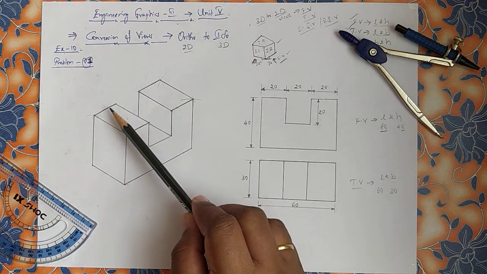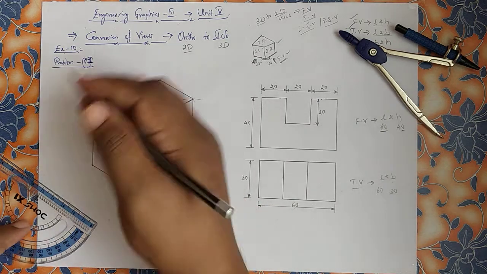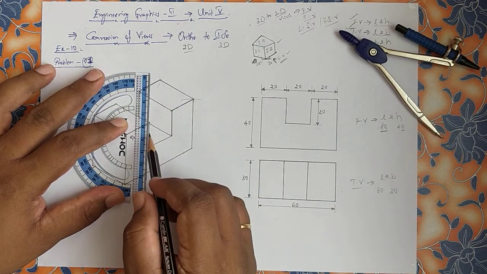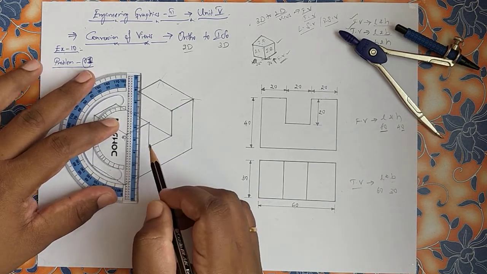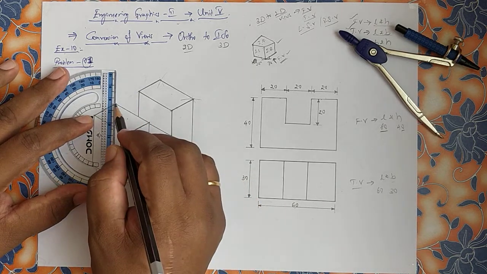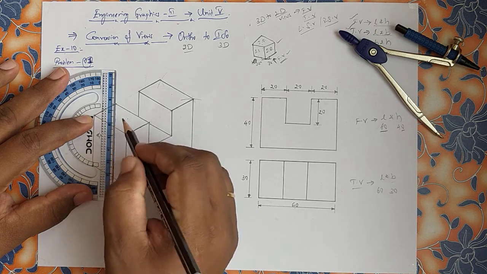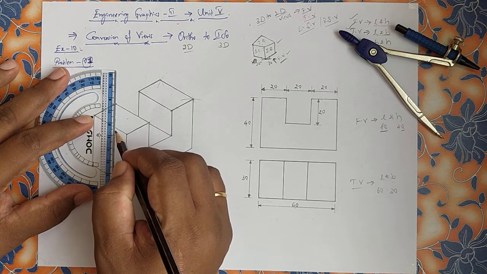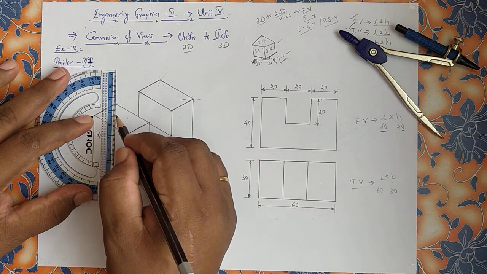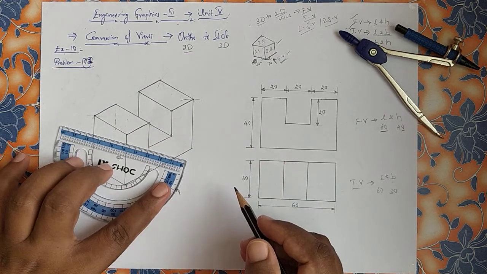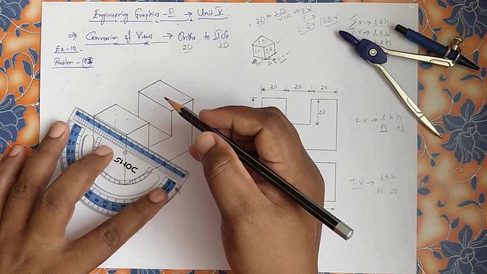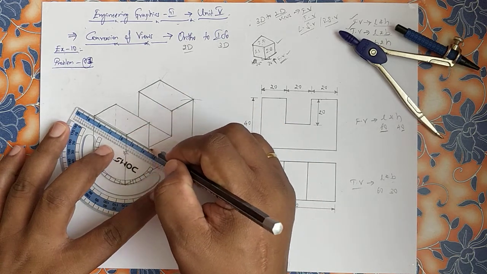Now if you observe here, it's directly a step. Here it is open, here it is open. If you try to draw hidden lines from here, you will get a little bit of knowledge. I will show you how to draw the hidden lines of this through hole. At this corner it has gone through. Same way, if I come here, what is the depth? 20. From here 10, 10, 20. From here 20 to 20. If I draw parallel lines, they will coincide here.